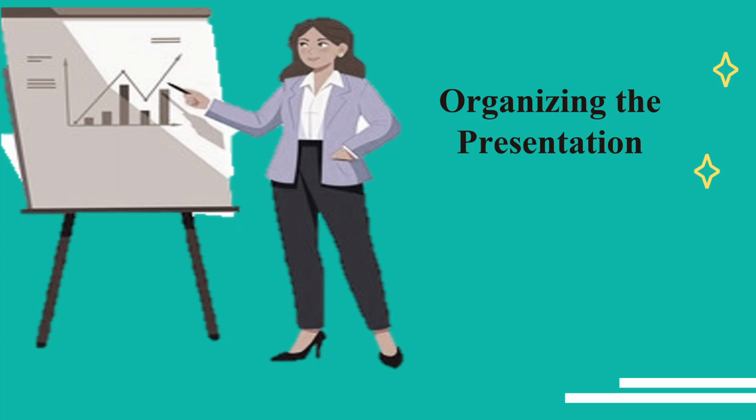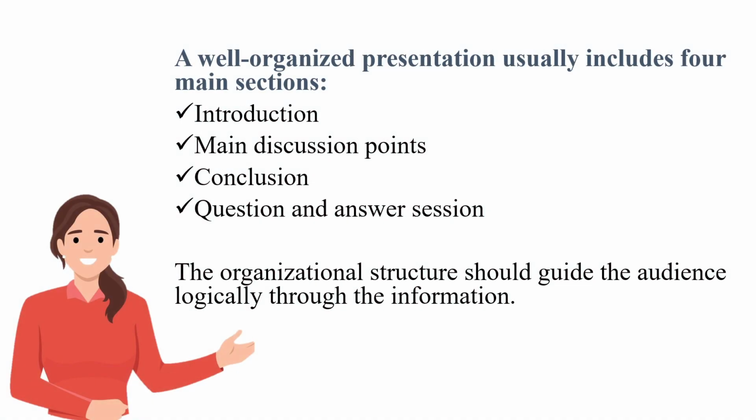So after that, you need to organize the presentation. A presentation usually follows a simple structure. First comes the introduction, where the presenter introduces the topic and explains its importance, and it's so important to give